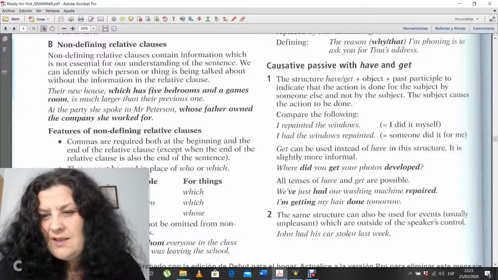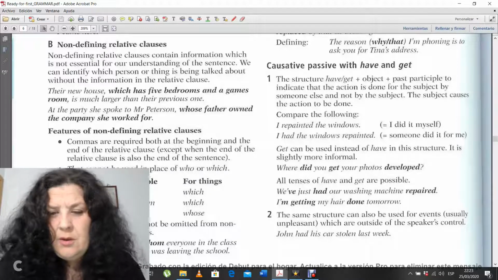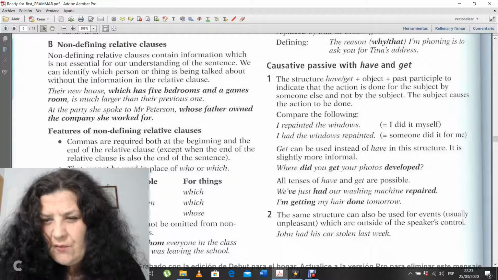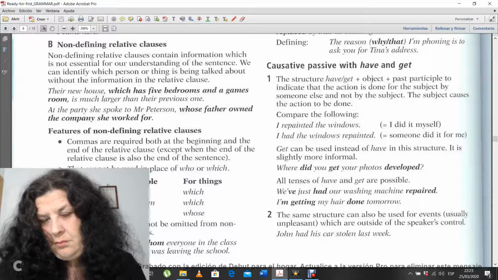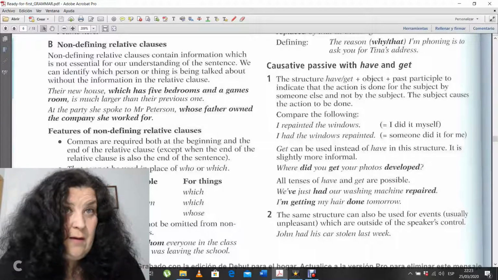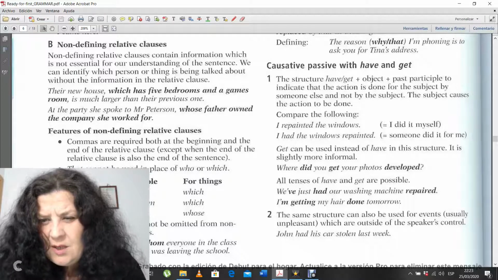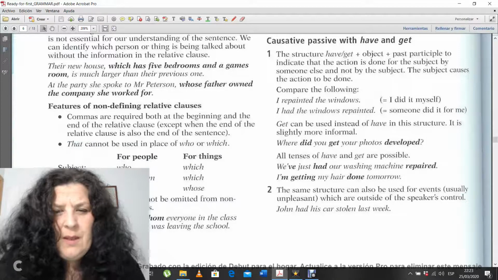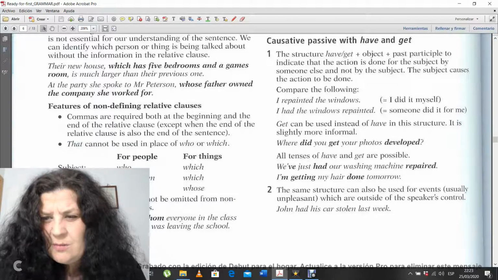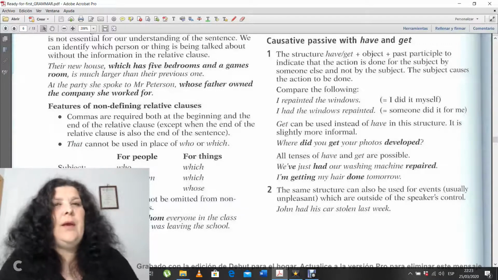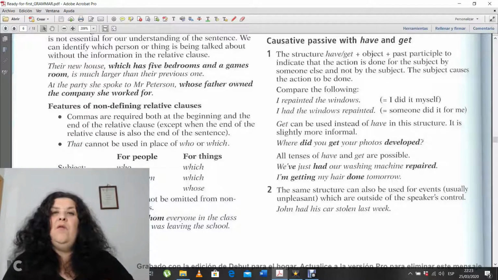Get can be used instead of have in this structure. Where did you get your photos developed? Instead of where did you have? And all tenses of have and get are possible. We've just had our washing machine repaired. I'm getting my hair done tomorrow. Okay, so that part of have and get